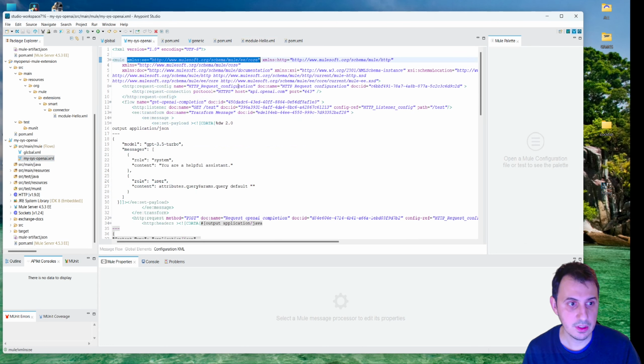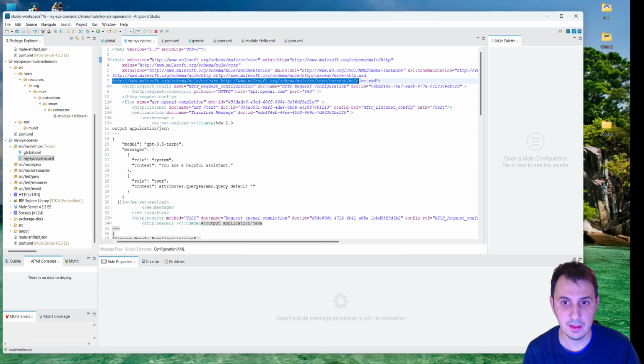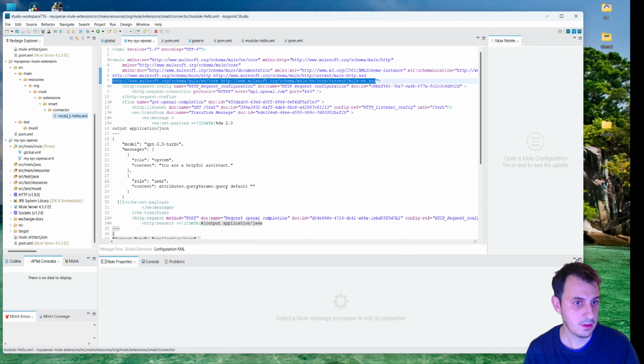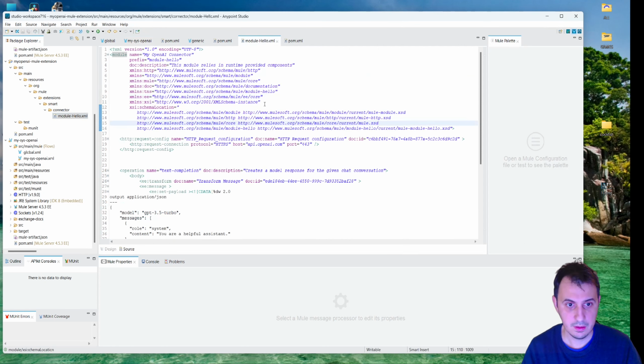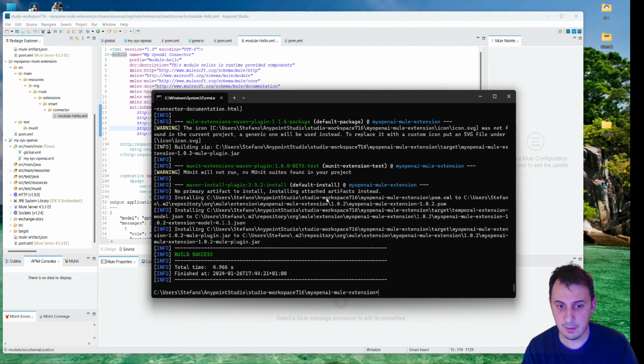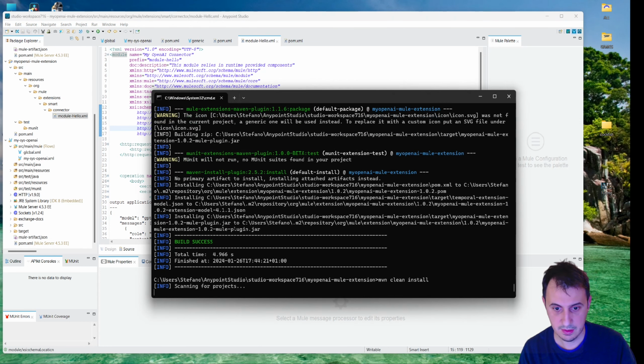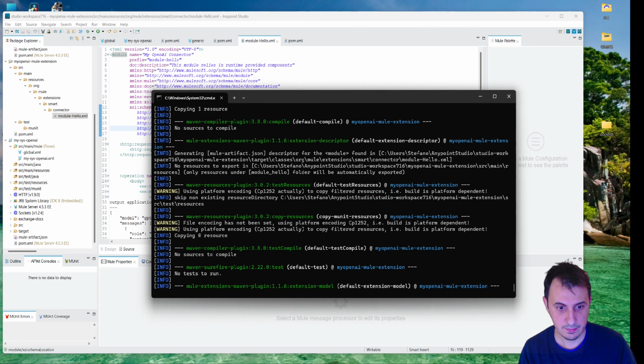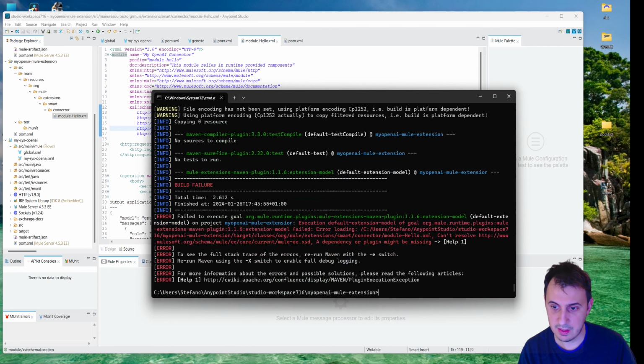The schema location of EE is this one, EE core and EE XSD. Okay, let's simply put here. Okay, let's see if everything is okay. It's a little bit difficult because I don't have any visual indication, so I can run every now and then